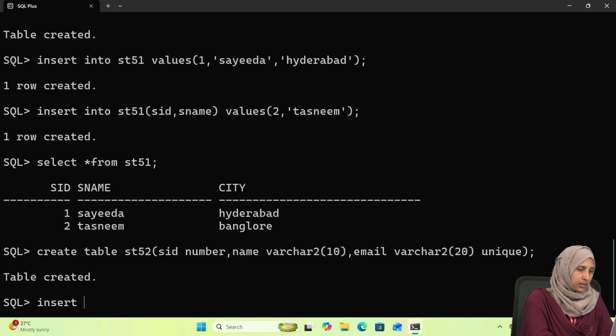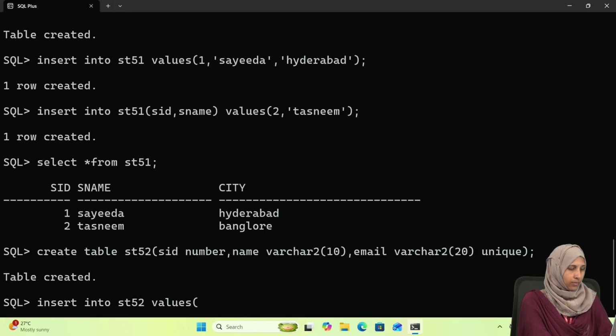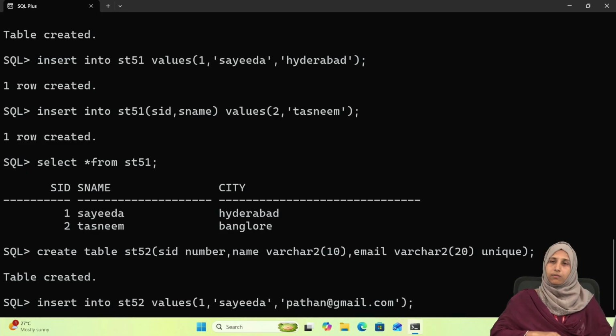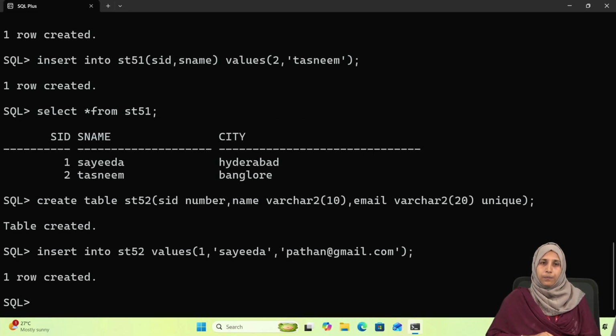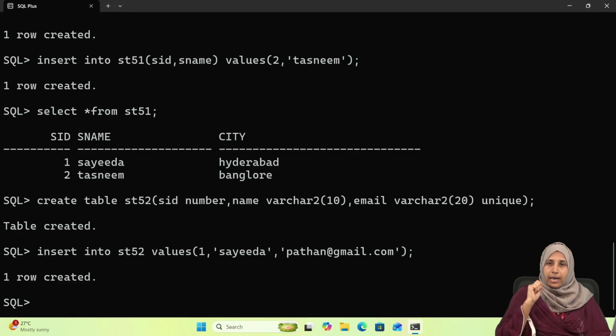Now shall we insert? Insert into ST52 values. My SID will be 1. Under name I'll be writing Saida. Here see, pathan@gmail.com. This is my first record which I am trying to insert in the table called ST52, where I'll be using a unique constraint. On which column have we applied that unique constraint? On the email. Now this is my first row, so hoping that I'm not going to get any error. Yes, successfully inserted. Unique stands for